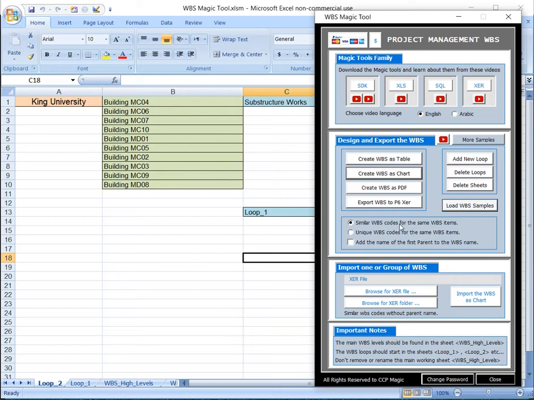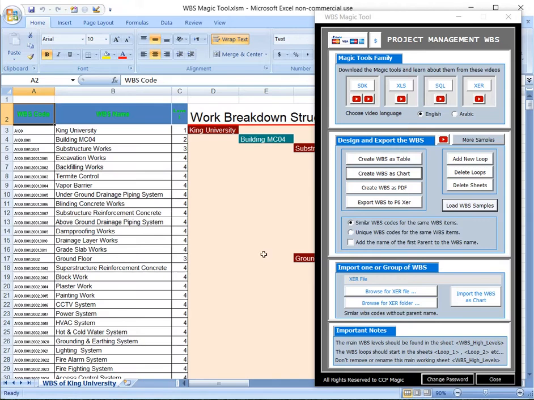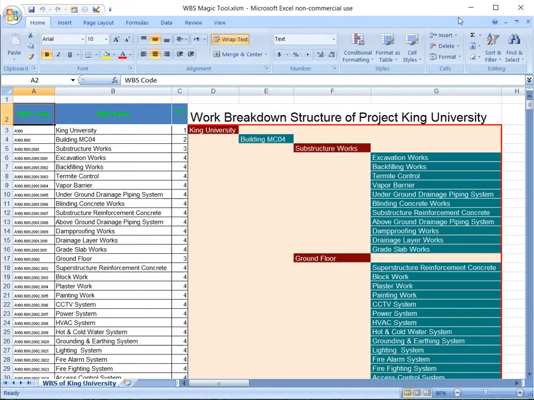After the WBS Magic Tool completes this task, you will get this WBS for this project like this. Here the WBS codes, here the WBS name, and here the level of each one of these WBS names. As you see, this was the